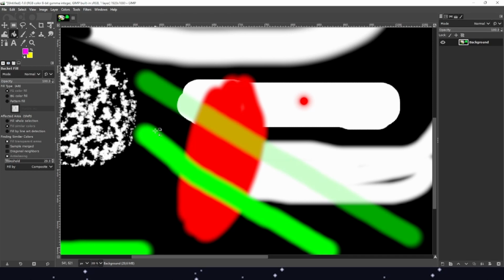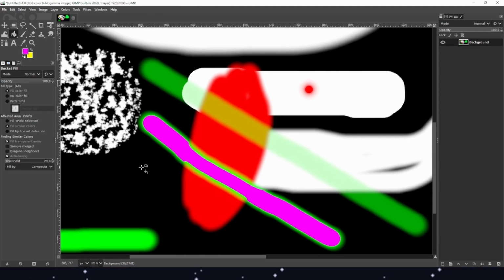And now, if we click into any simple color we are seeing, then you can see that the color changes according to the selected color we have. The filling, however, looks a little bit strange in this case. It looks like it is magenta, but it has some greenish shadow on it. We can, however, change this by increasing the threshold down there. At first it was 29, but let's say the threshold should be